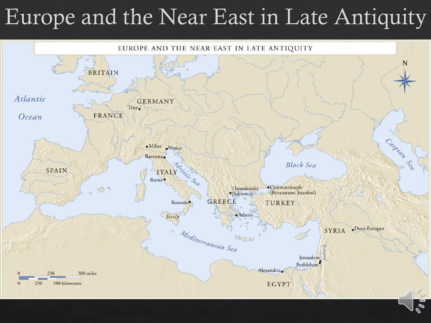Alright, so of course I always like to start with a map to remind us where we are geographically. We'll be beginning by looking at a few places over in Dura Europus, which is way over in modern-day Syria on the right-hand side of the map. And that's where we're going to see a few early pieces of Christian art alongside contemporaneous synagogue art as well.